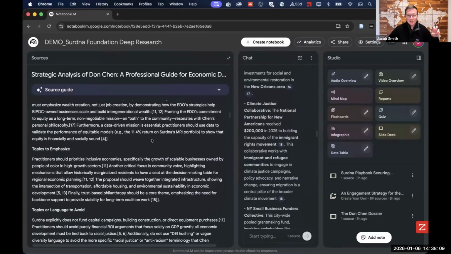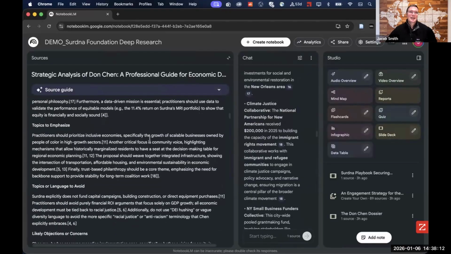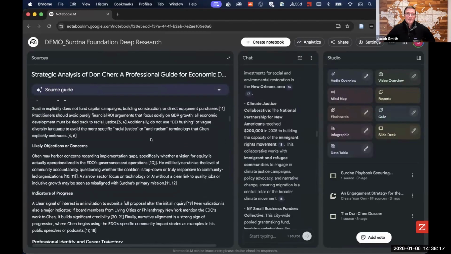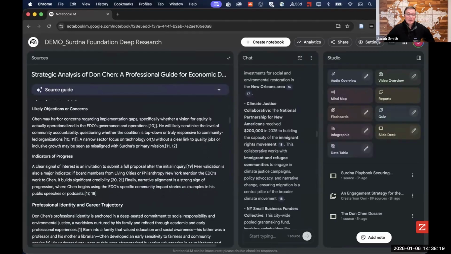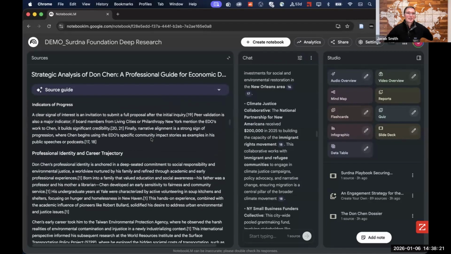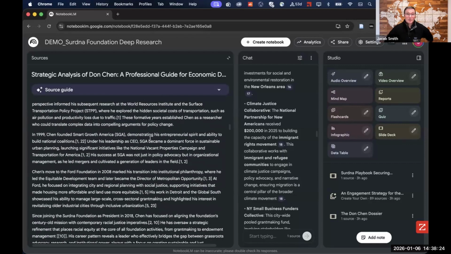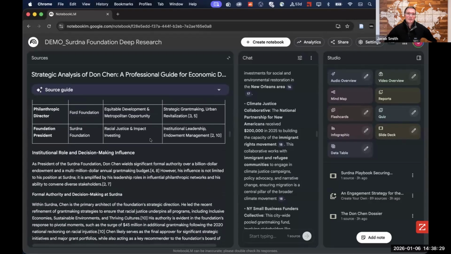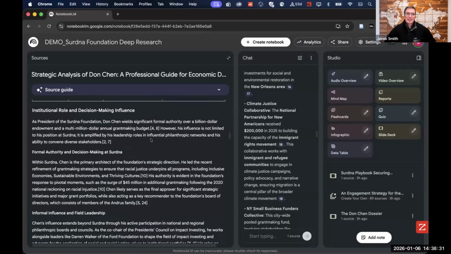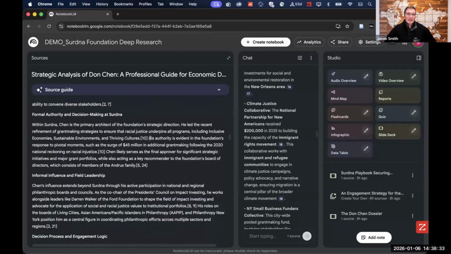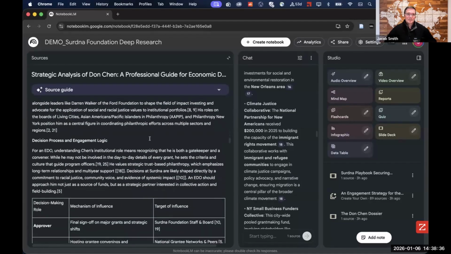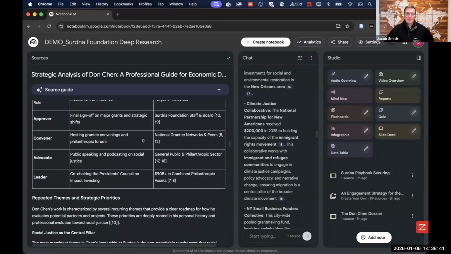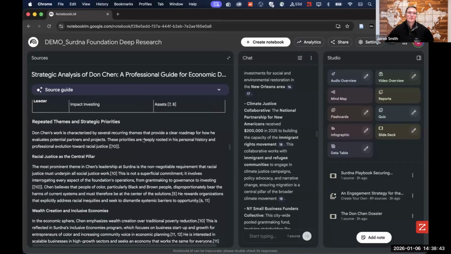There's actually a practitioner cheat sheet included within this that gives you information about what to emphasize, what to avoid, maybe some objections or concerns that might be brought up that you can be prepared to address. And then there's a really deep dive on the person's history, all the things that they've been involved with before that might influence the way they think about whatever it happens to be that they're funding, and information about what level of decision making the individual has, and so on and so forth.